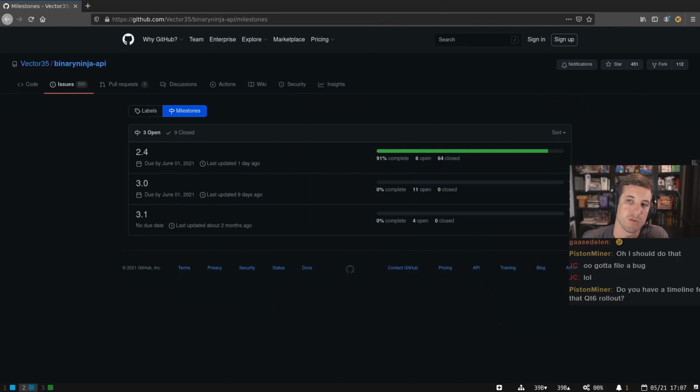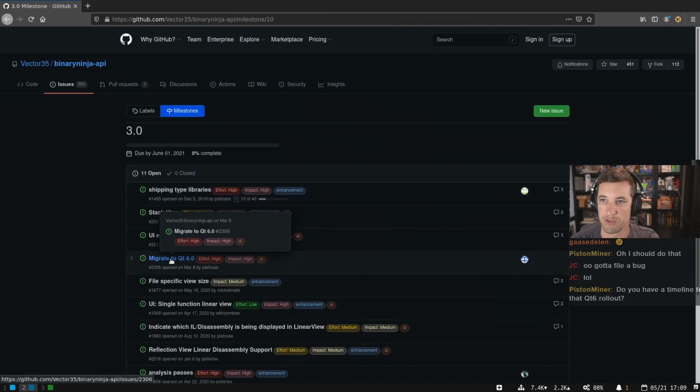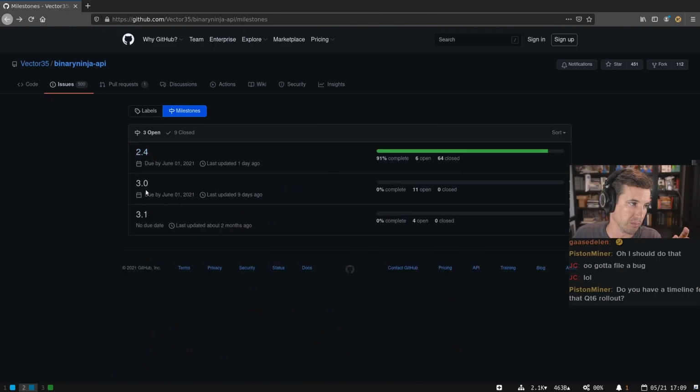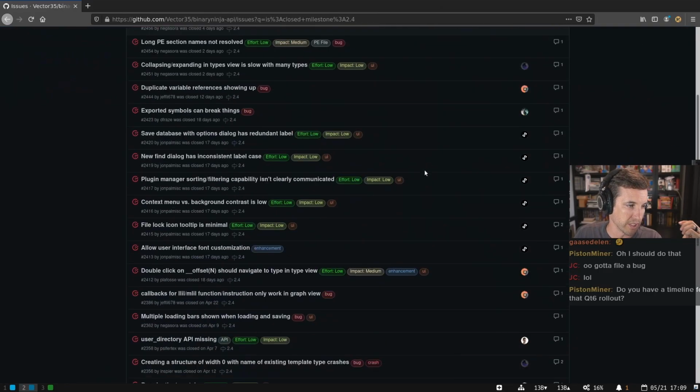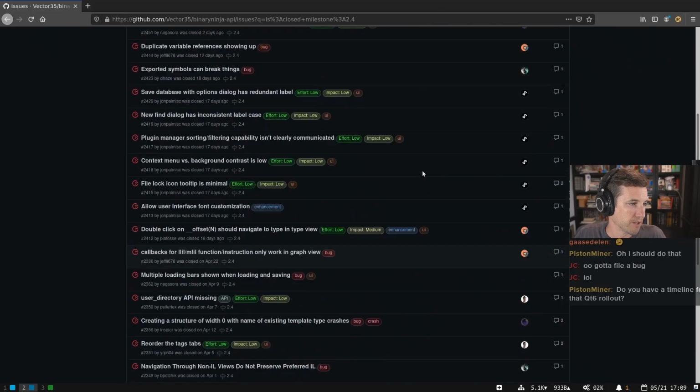The Qt6 rollout, that's a great question, Piston Miner. At one point, we were thinking for what was going to be 3.0 that we'd rolled into 2.4. Okay, no, so it is 3.0, so you have a little bit of time. Because we did this split, like I said, originally 3.0 was going to be what we're now doing as 2.4, because we realized that we've already had tons of worthwhile features. Like the 2.4 release can be really nice, and we would rather have some more testing for the UI refactor that's coming in 3.0. So you got time.